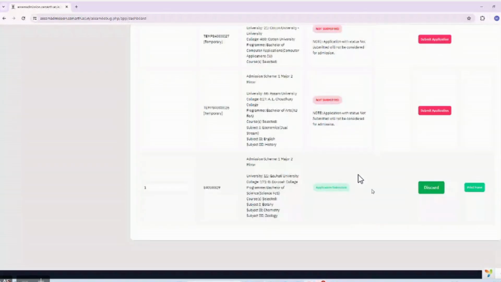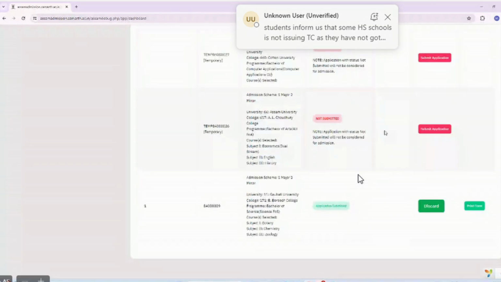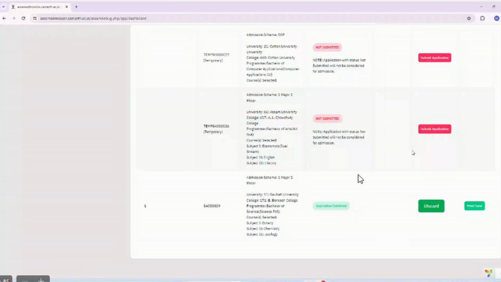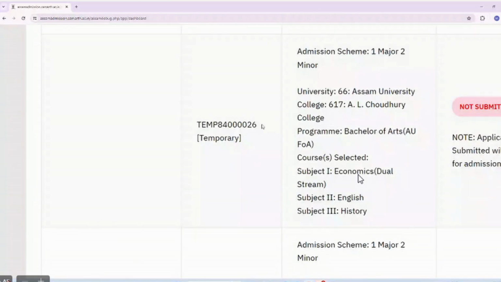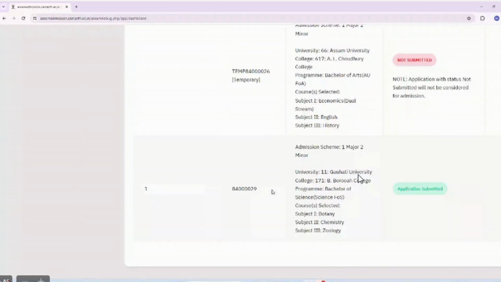So yeah, this is the submitted application. Before scrutiny, they can discard this application. Yeah. Now they can submit the application of A Chaudhury that we had made, so this is a temporary number, this is the heading, this is a permanent number, so this is